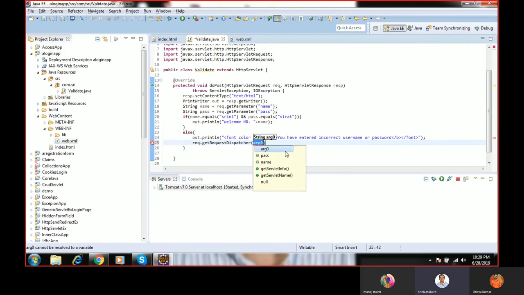Here we need to pass which object has to dispatch. You know the meaning of dispatch, right? Dispatch means sending, it will send to somewhere. So here which object? The object is